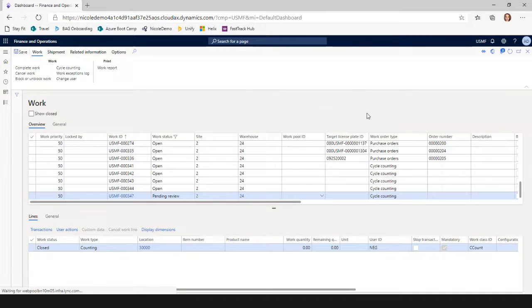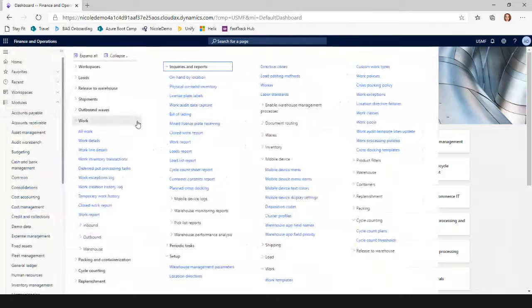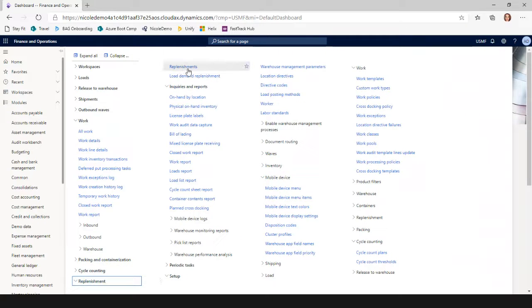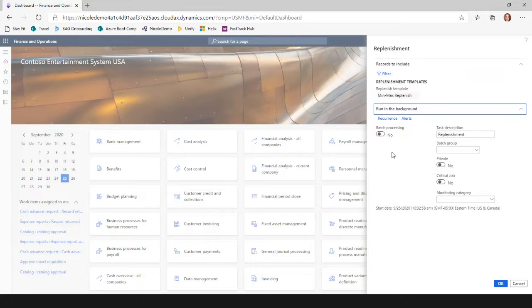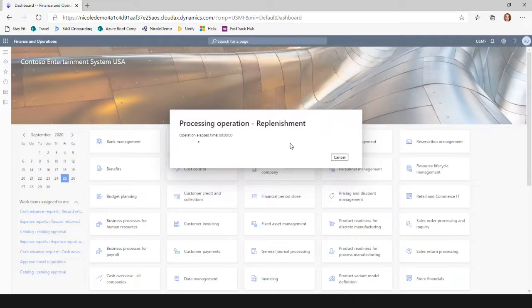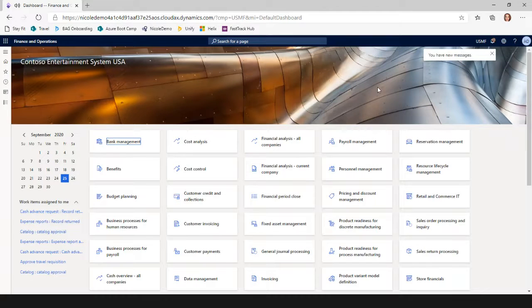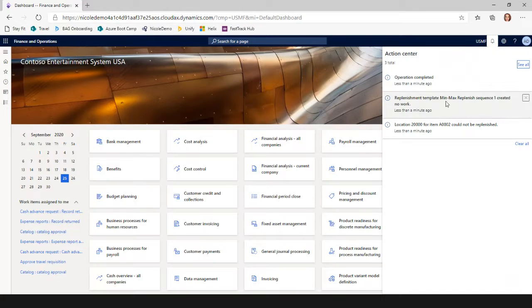So the next inventory error that we talked about was replenishment. So for replenishment, this is similar to cycle counting, where it is a batch job that is run. At least in the case of this demo, I'm not going to do any wave demand or load demand. We're just going to do a min-max in a batch job. I'm going to run this. In my demo data, there is a specific item with an empty fixed location or forward picking location that is trying to be replenished. And I can see that when my batch job runs, it's telling me that no work